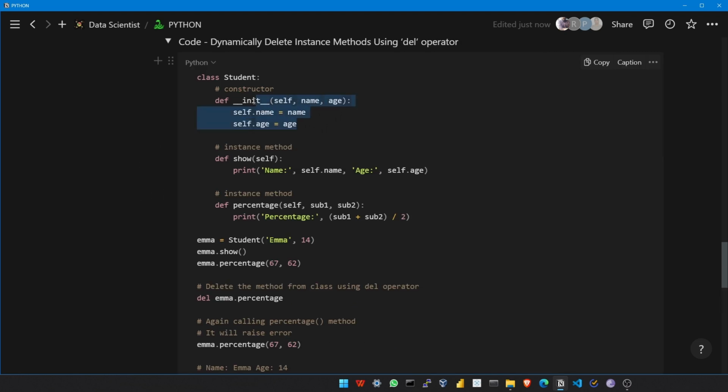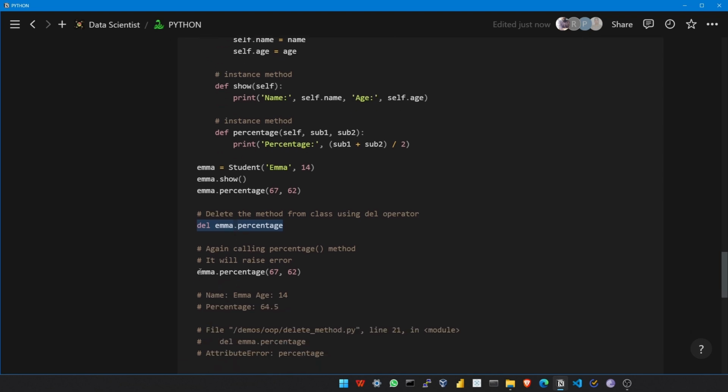Here we are going to see a class with a constructor to initialize values, an instance method, and another instance method which we are going to delete using the del operator. Create an object, initialize the class, call the instance method, and then call another instance method which we are going to delete. Then using the del operator, just type del, then your object name dot your method name, and it is going to delete that instance method. And when we again call this method, we get an attribute error